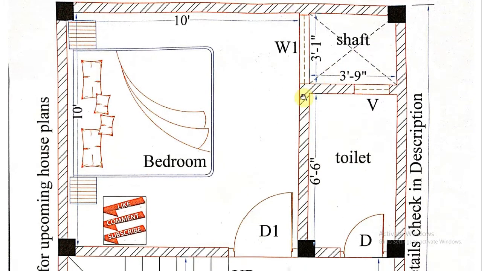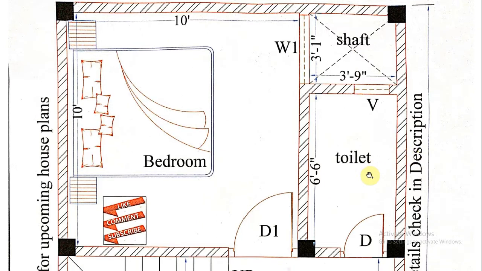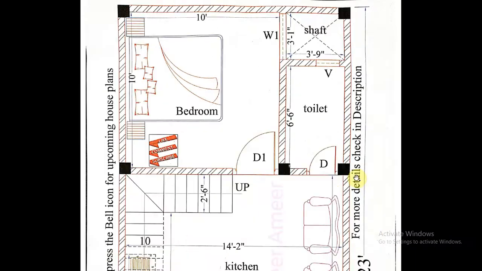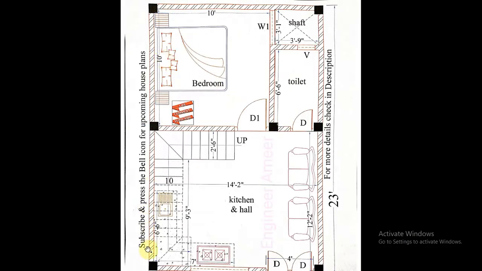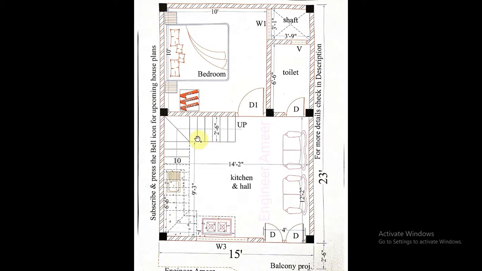So now we will talk about the column sizes and wall sizes. This is a one-side open plot, and the other 3 sides are already blocked, buildings are already there. The wall size I designed in this house is 5 inches. 5 inch walls I designed for internal walls and external walls also. Both are 5 inches. And this dark black color, you can see, is the column of our house.